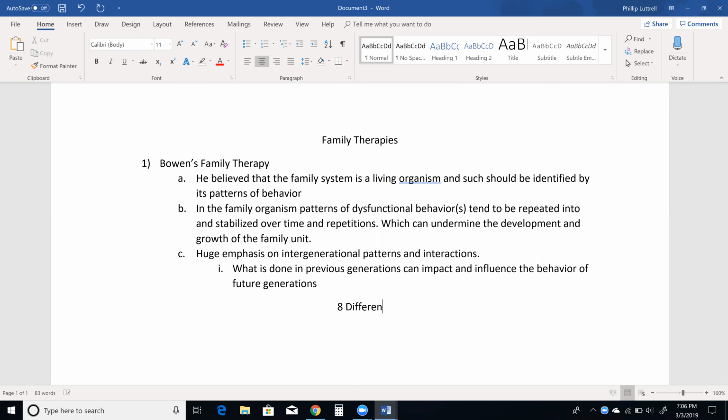So Bowen's has 8 different concepts of family systems. Family systems is often interchanged with Bowen's. It's super duper long, so buckle down and we'll get through it. So the first component is the differentiation